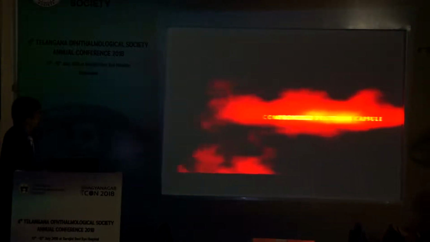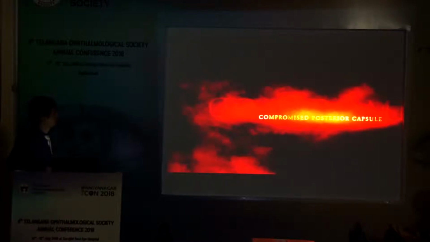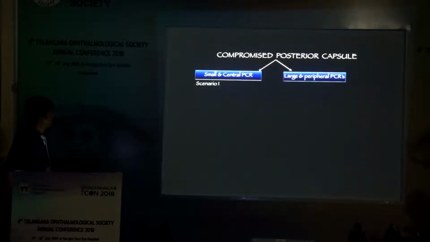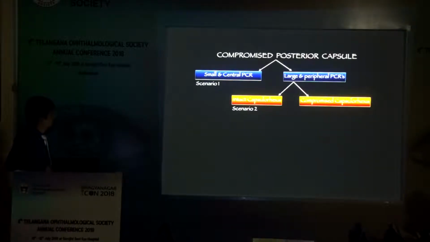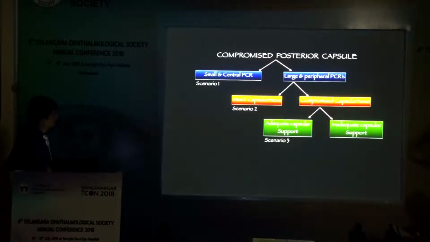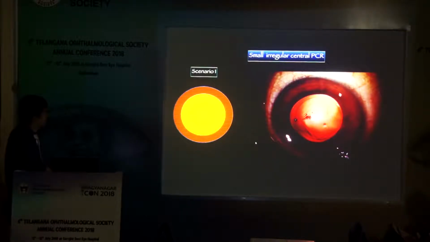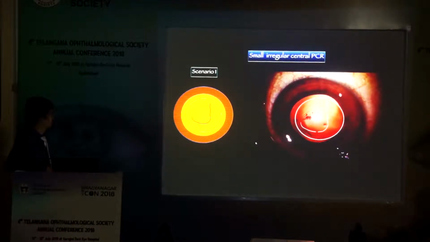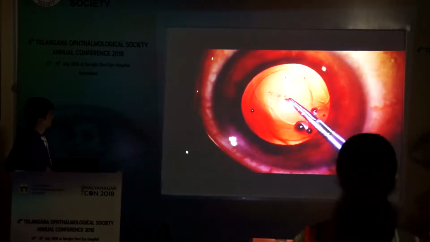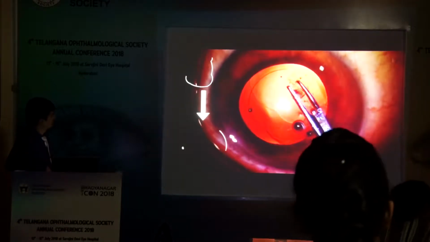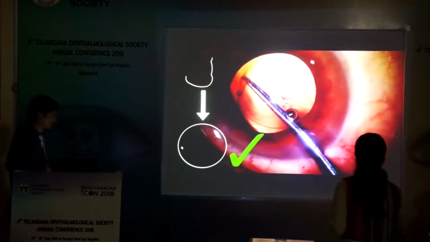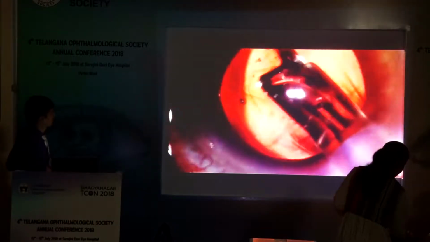OVD protection. Various compromised posterior capsule scenarios encountered by a surgeon can be grossly classified based on the size of the posterior capsular rupture, intactness of capsulorhexis, adequacy of capsular support, and the status of iris tissue. When posterior capsular rupture is small, irregular, and centrally located with minimal vitreous loss, the irregular rupture can be converted into a posterior continuous curvilinear capsulorhexis, which renders the tear strong and resistant to peripheral extension, thereby making in-the-bag IOL